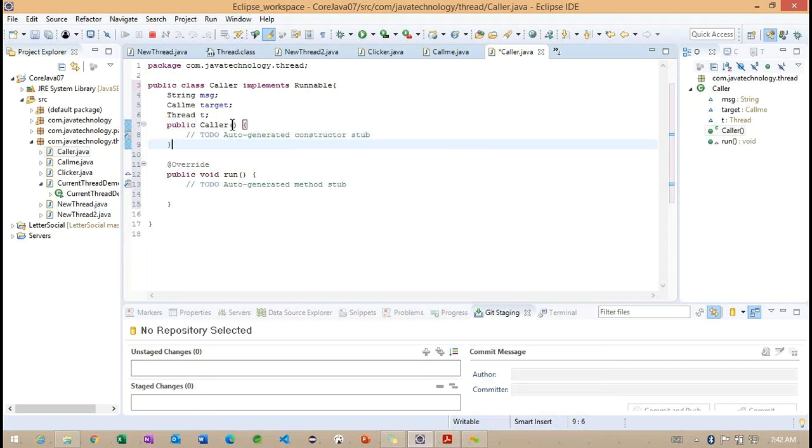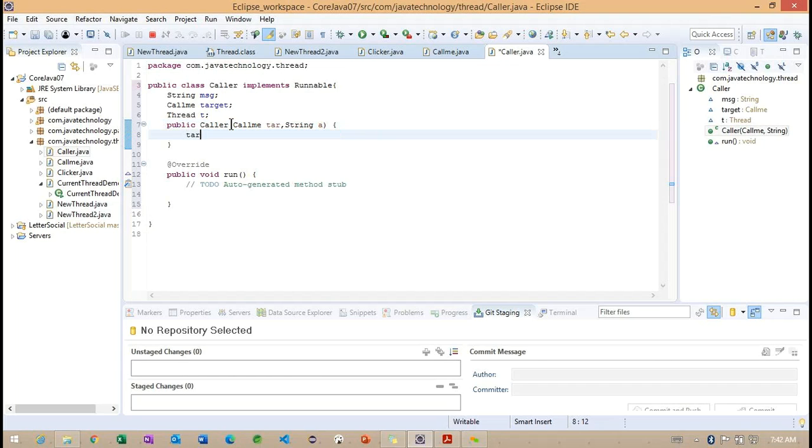I'm going to call the constructor here. By calling the constructor, I'm passing the Callme target and a String a.